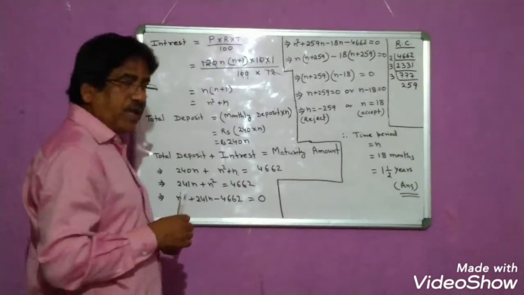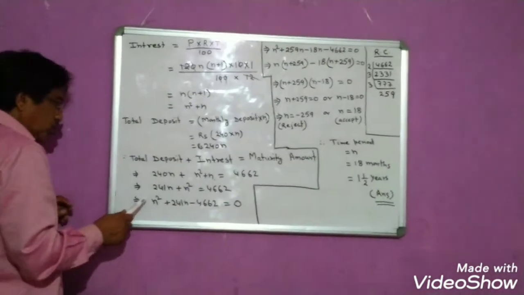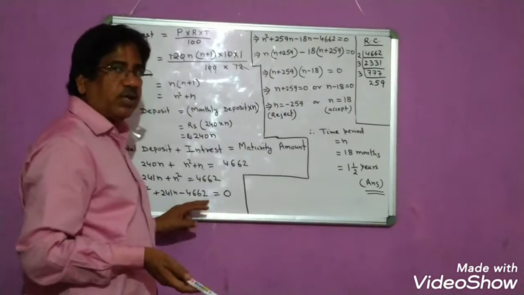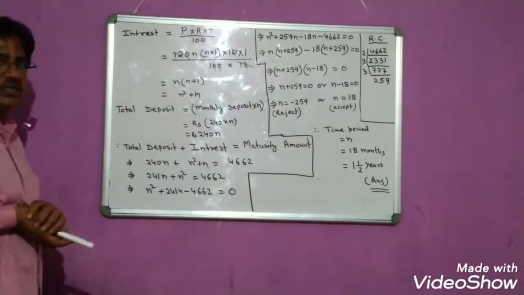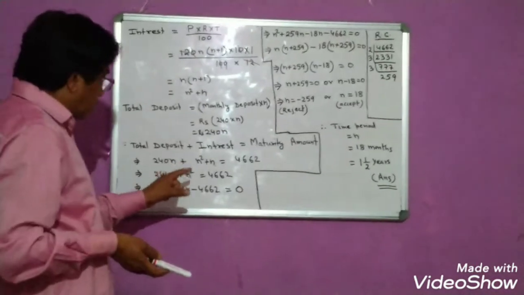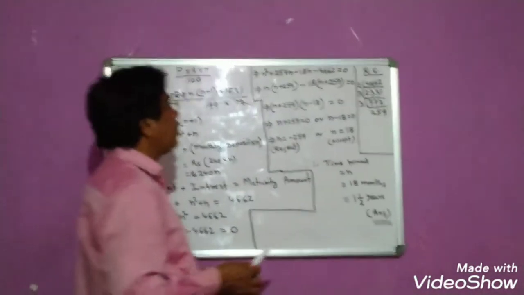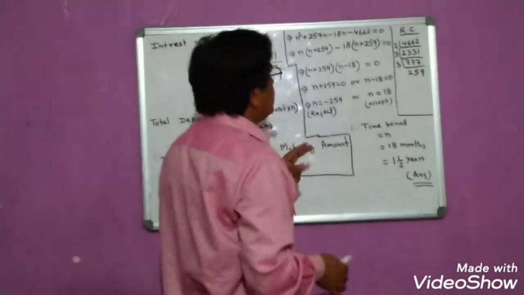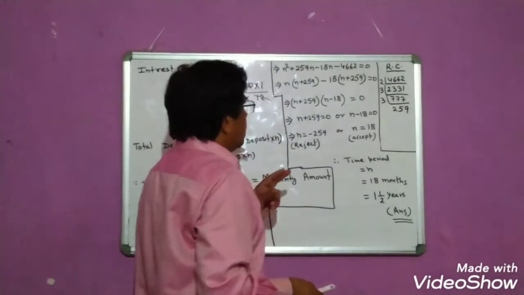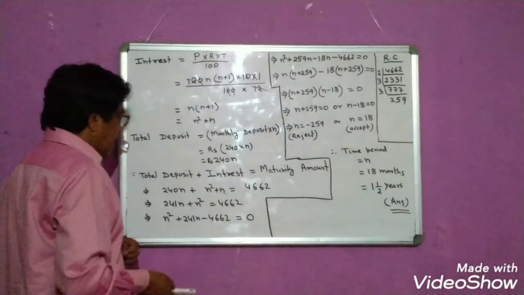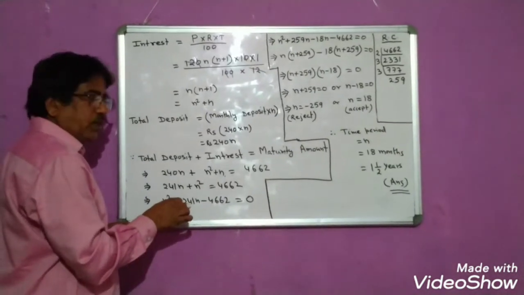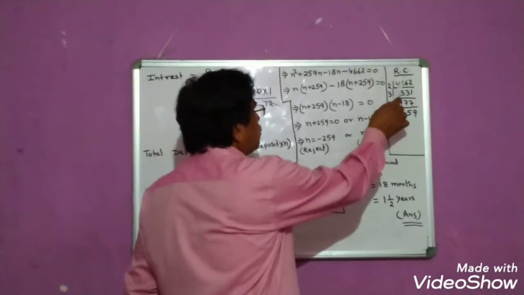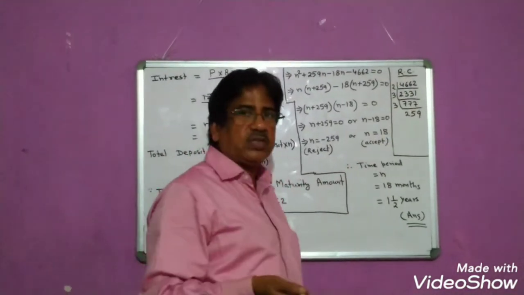Now what we actually do, we first of all multiply the value of A with C and we get the value minus 4662. We will find its factors, and we will try to find the suitable two factors which on adding or subtracting should be equal to 241, and by multiplying must be equal to minus 4662.